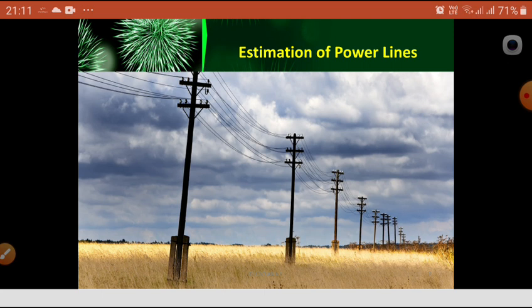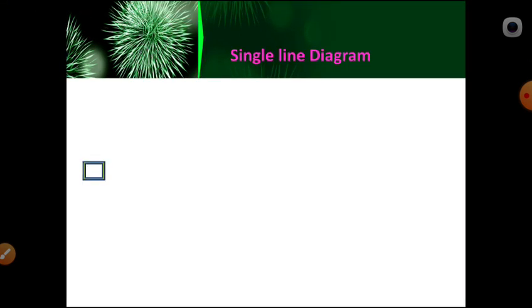Before that, you can see first what to do. For a given problem, first read the given problem and assume the system you are going to do. Now draw the single line diagram. So you assume this is one substation DTR, that is 11 kV by 440 volts plinth mounted substation.